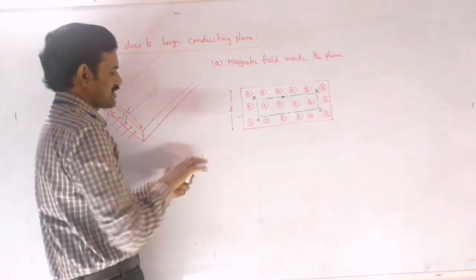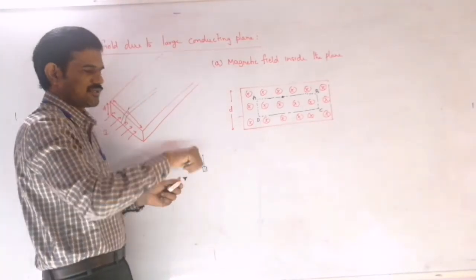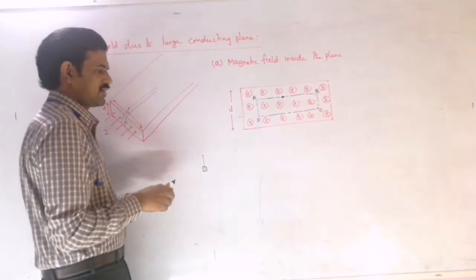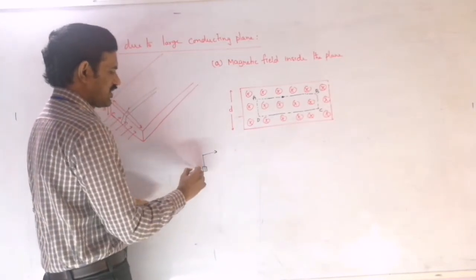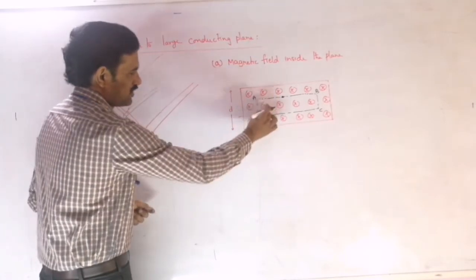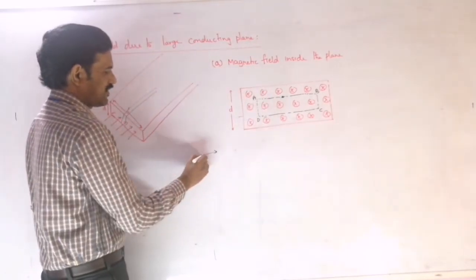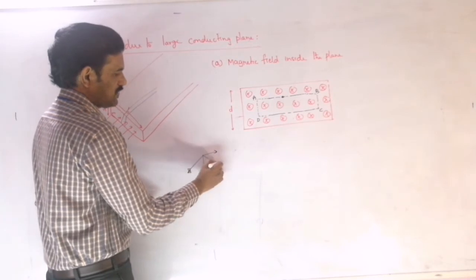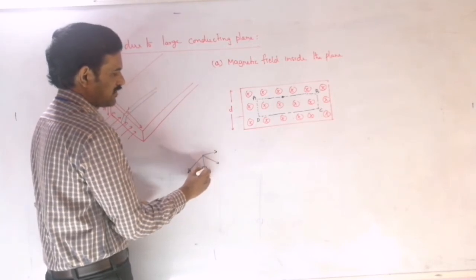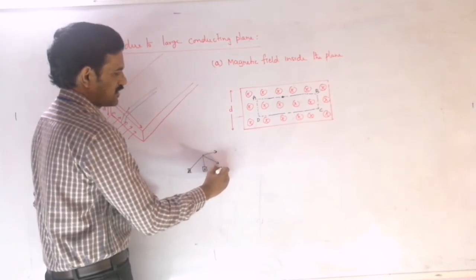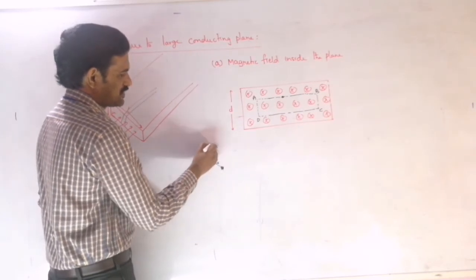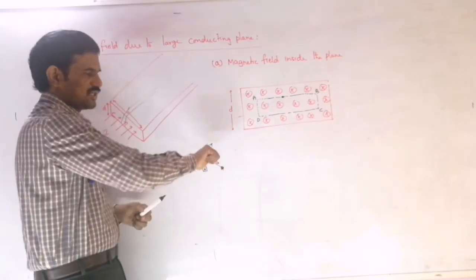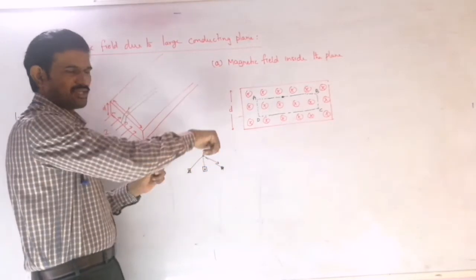Then for a long wire, the magnetic field direction you can apply like this. Current is flowing into the plane here, so the magnetic field will be along this direction. Now if you take another small element like this, the magnetic field at this point will be along this direction. The field due to another element here will also be along this direction, because there also current is flowing into the plane, so field lines will be like this.